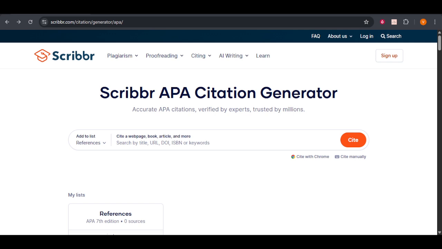First, you'll want to open your web browser and head over to Scribbar's citation generator. You can find it by typing in the URL https://www.scribbar.com/citation/generator/APA. This tool is incredibly useful for generating citations in various styles, making it a go-to resource for students